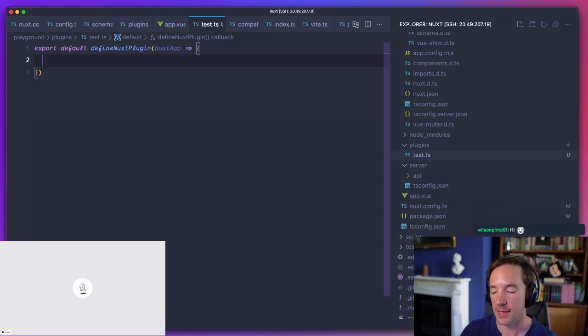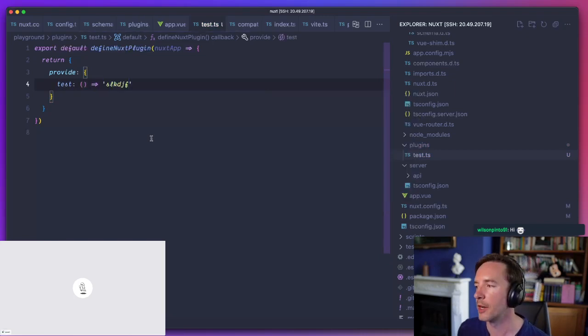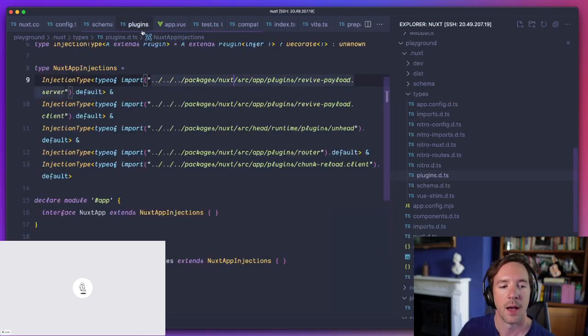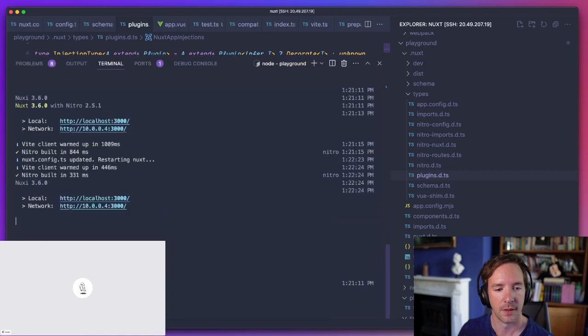But basically, it's still possible to do this. So you can return an object which has things like some kind of helper function. You might use this to create a global auth object or something like that. And then that is created. Now, all we do in this generated file is point to that function.